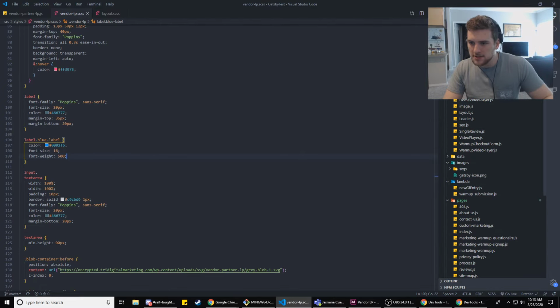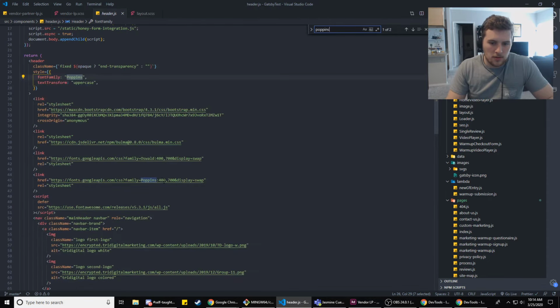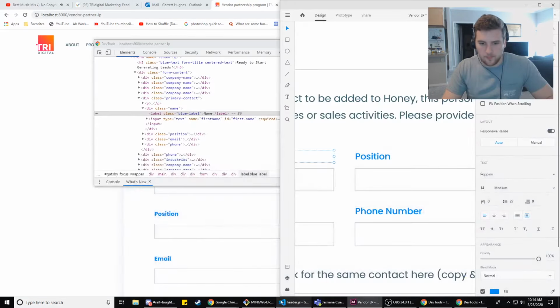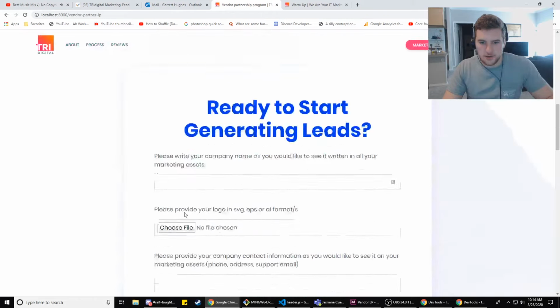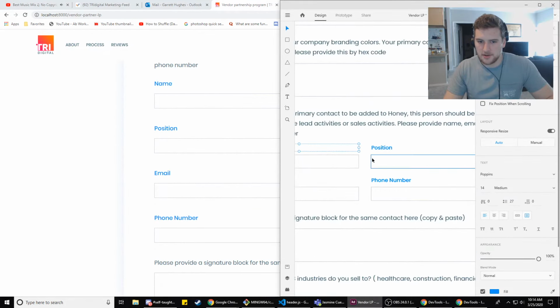In the header, right? That's where it's coming from. Header. So Poppins 400, 700. So I need to import 500 as well. And now this should work if I refresh. Does that look better? Yeah, I think that matches.